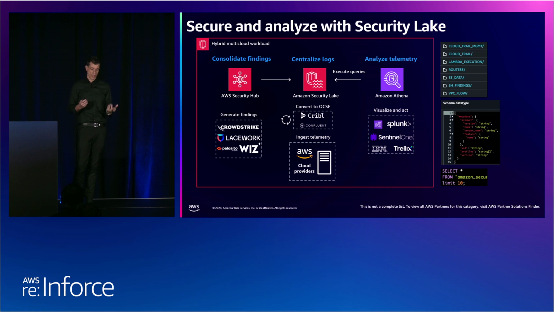We can then begin to generate findings by leveraging natively integrating AWS products that give us the coverage that we're after, as well as other AWS partner products if required. And as discussed earlier, you can also generate your own